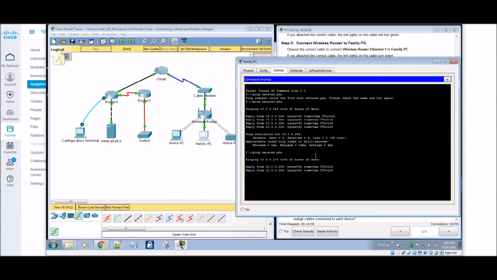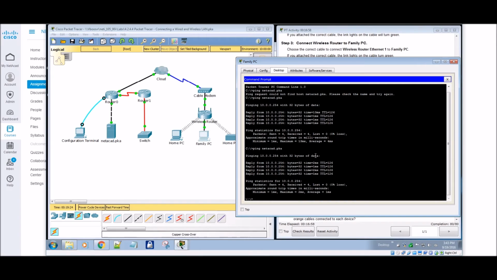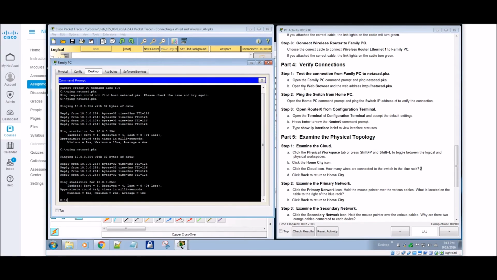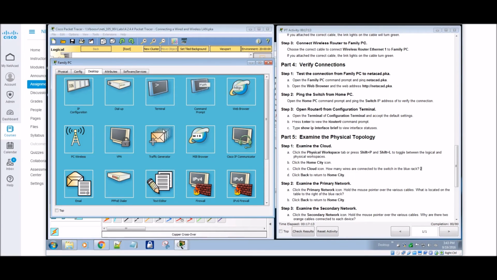You had to build the tables, and in Packet Tracer, that's going to happen. In the real world and with live lab equipment, it's going to work a little bit faster because you're going to have everything set up. It's going to build the tables, but in this case, it had to go to the cloud and build it. So we know we're connected now. And now we're going to open our web browser. So we're going to go back to our desktop here, and we're going to open up our web browser here.